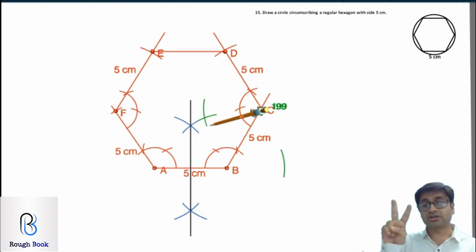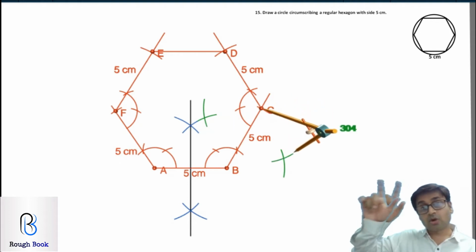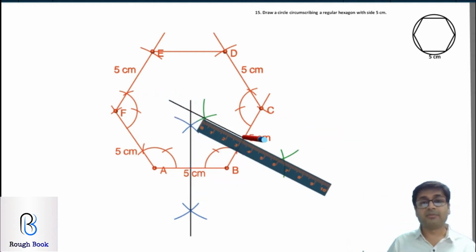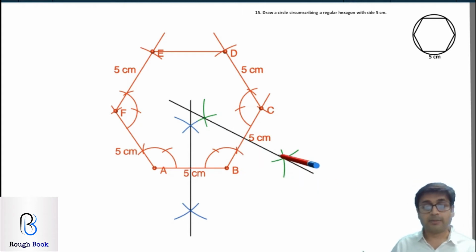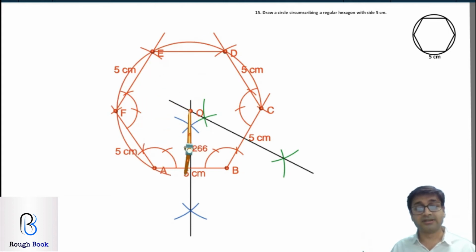The point of intersection of these two side bisectors, when you join, you can draw your circumcircle. So come on, pause the video right now, complete it and then come back. You should get your circumcircle correct. So there you go. I'm plotting that point as point O and keeping the compass on point O, I will draw my circumcircle. It should look like this. Just in case it is not an accurate one, now you know, you all are experts how to cheat. I need not tell you. So I'm not telling you how to go about it.